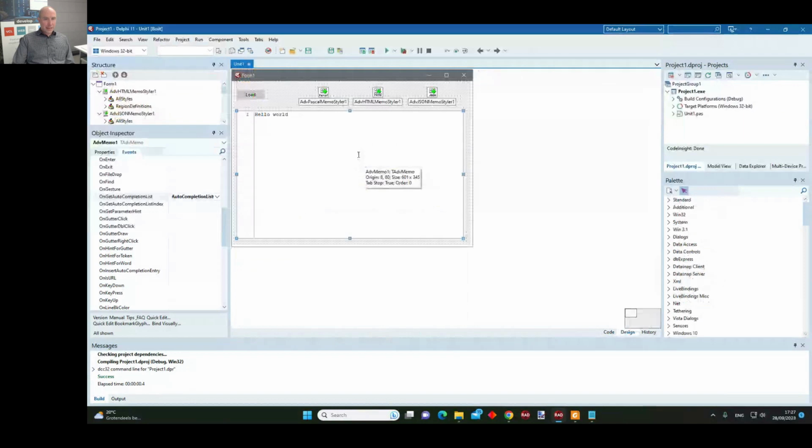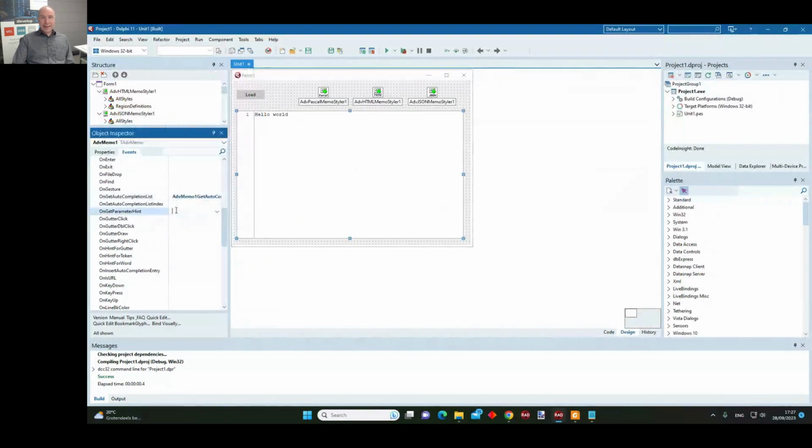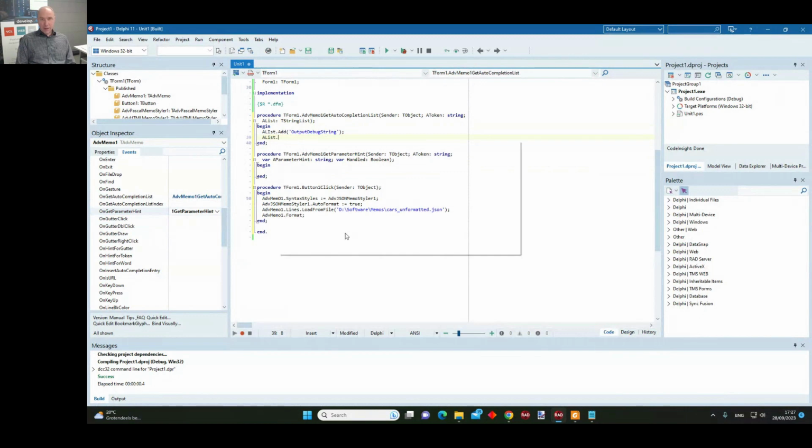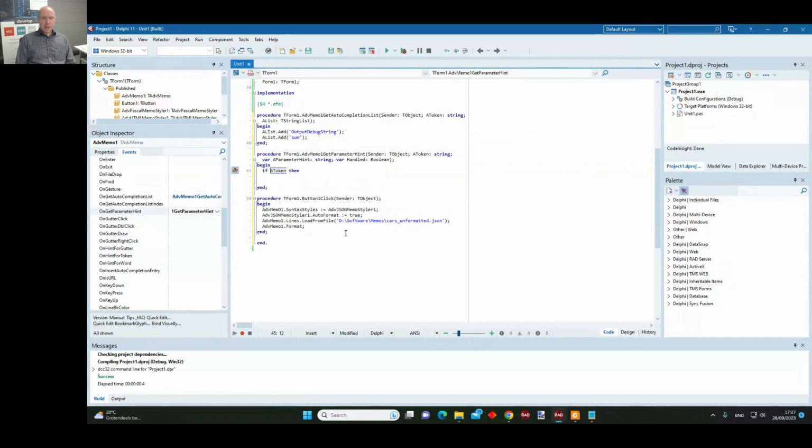There's also something like parameter hinting, and that shows you a list of parameters that one can add. To make that more clear, I will add one more method that will show up for auto-completion, which is the sum method. And here I will check if I'm using the sum function.